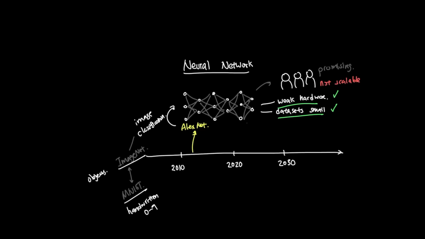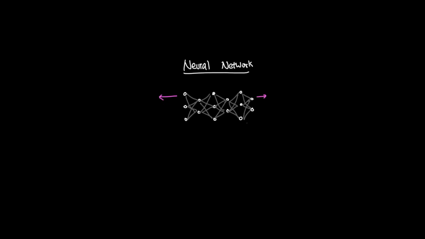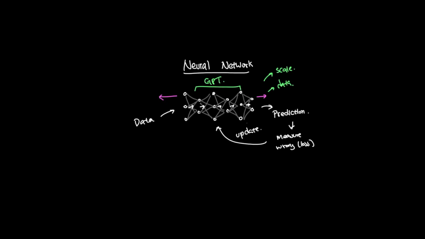From there, neural networks became central to image recognition, speech recognition, translation, recommendation engines, and eventually large language models. And this is important because GPT is also a neural network. It is obviously much larger and much more complex than the small MNIST model that we just talked about, but the basic idea is still connected. Data goes in, it moves through layers, the model makes a prediction, the loss measures how wrong it was, and training updates the parameters. The difference is the type of data and the scale. Instead of looking at pixels and predicting a digit, GPT looks at tokens and predicts what the next token should be.